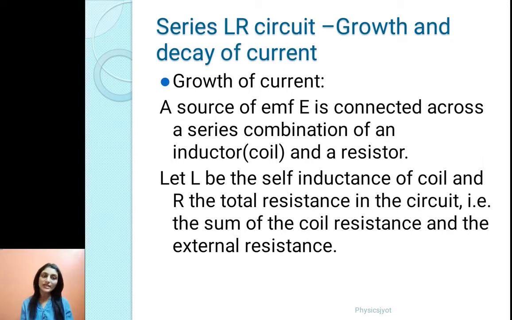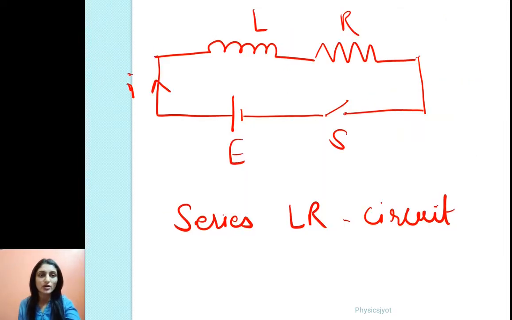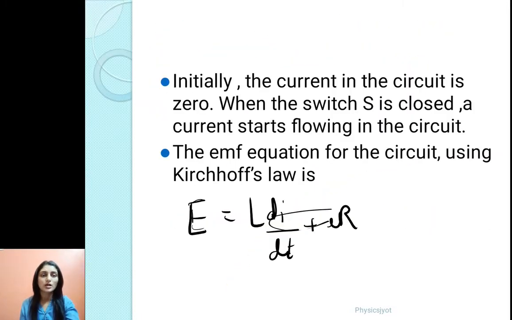A source of EMF E is connected across a series combination of L and R. We have L and R in series combination. We have applied a battery, or a source of EMF, and there is a switch S. The current I flows like this. Initially the current in the circuit is 0, and when the switch S is closed, current will start